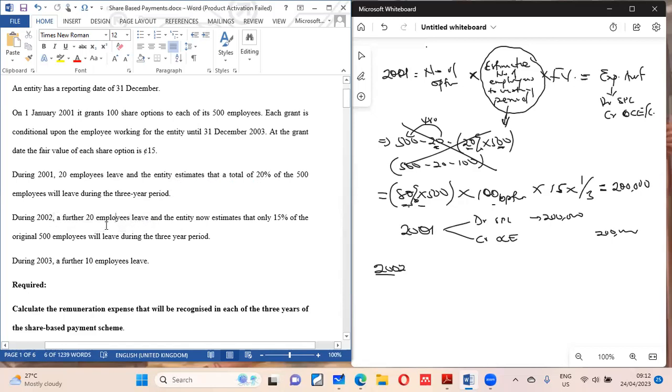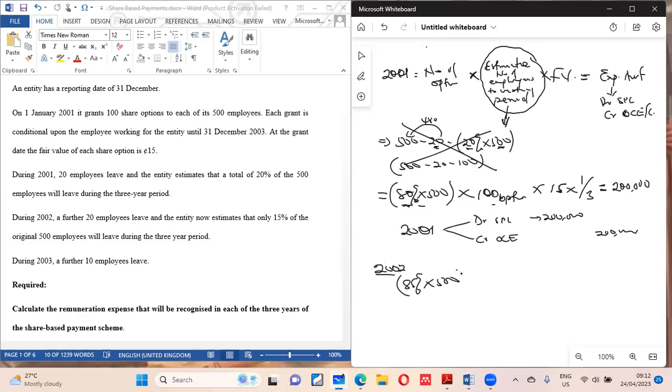So it means that the further 20 that leave has caused the entity to revise their estimation of 80%. That is what this statement means. So it says that 20 people leave, and now the entity estimates only 15% of the original 500 will leave. All right. So please, it's 85%